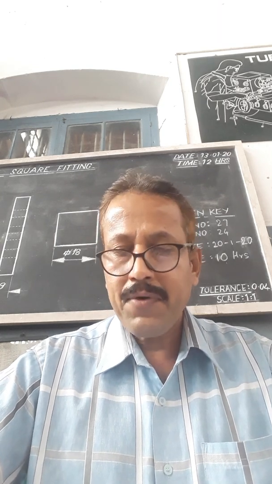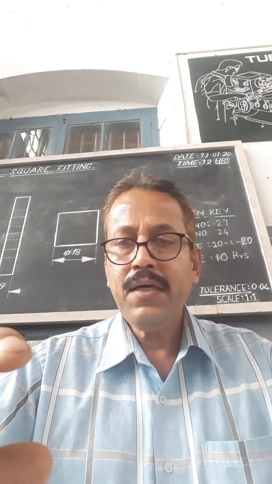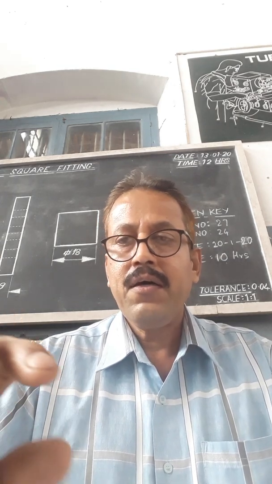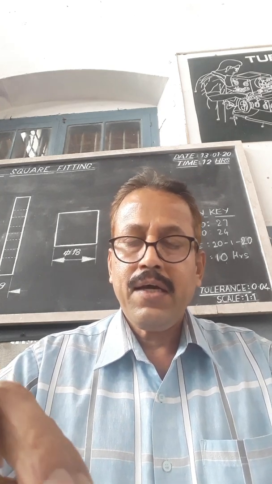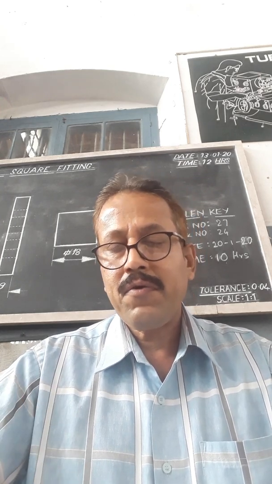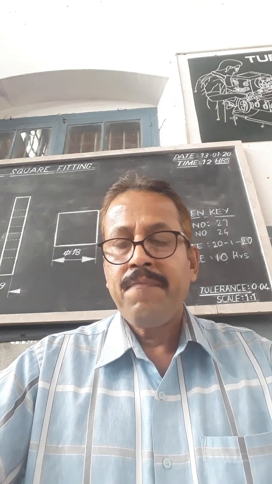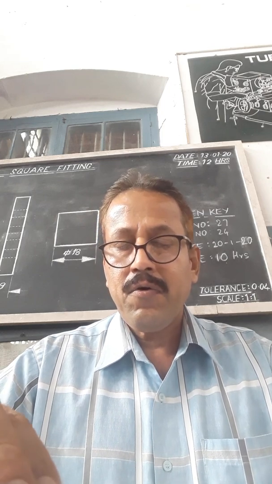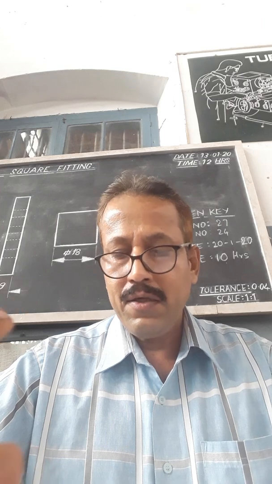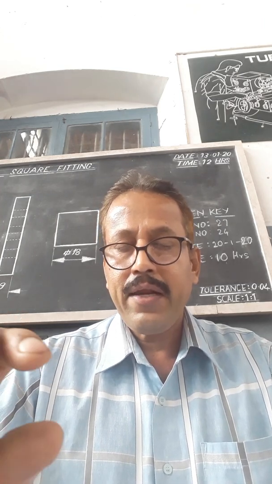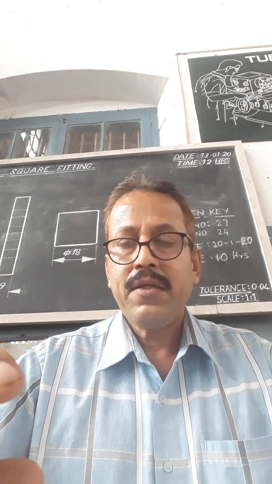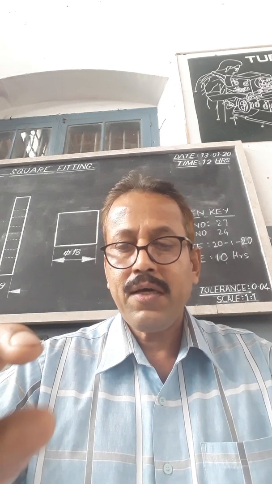The snap gauge is a flat sheet type of gauge having the same go and no-go principle. One end is the go end and the other is the no-go end. When the go end enters, that means the size or thickness of the job is correct. If the no-go enters, that means the job thickness is smaller than the given size.